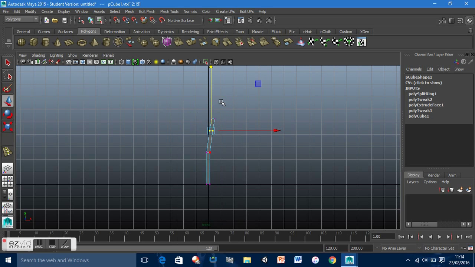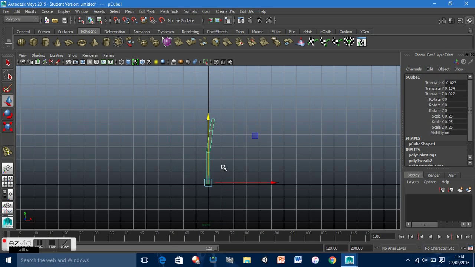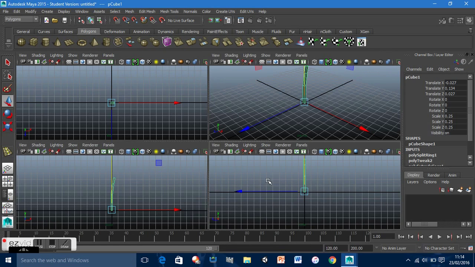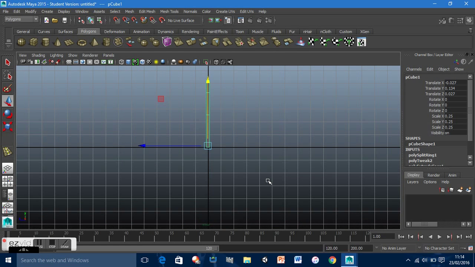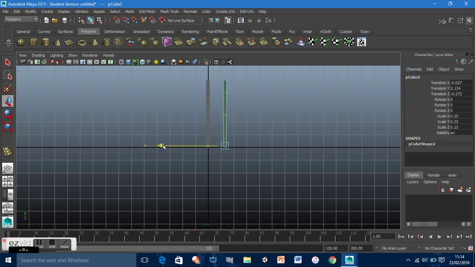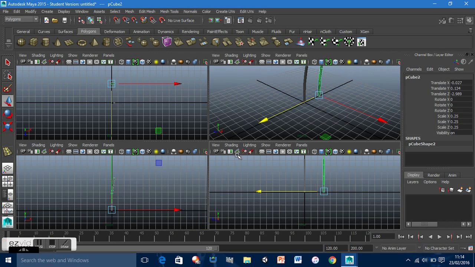Now what we're going to do is we just go on to create another one of these. So if we just click object mode, select the object, just go on to a different view, Control D just to duplicate it and just push it to the side a little. Now this creates the other side of the back of the chair,